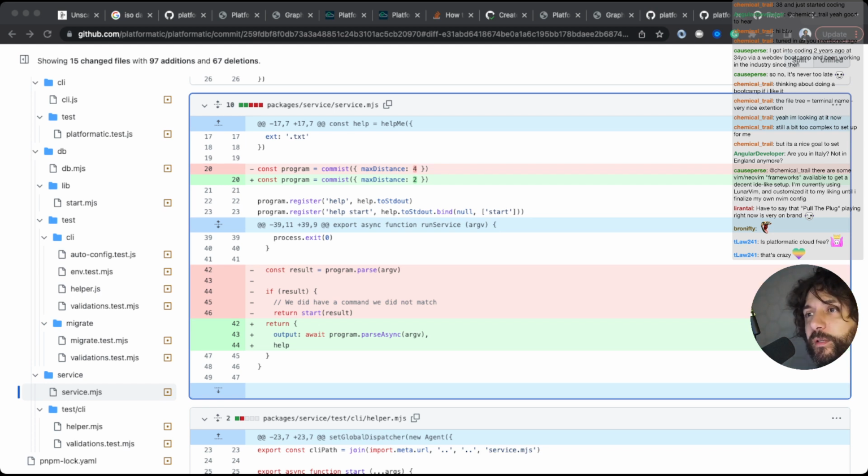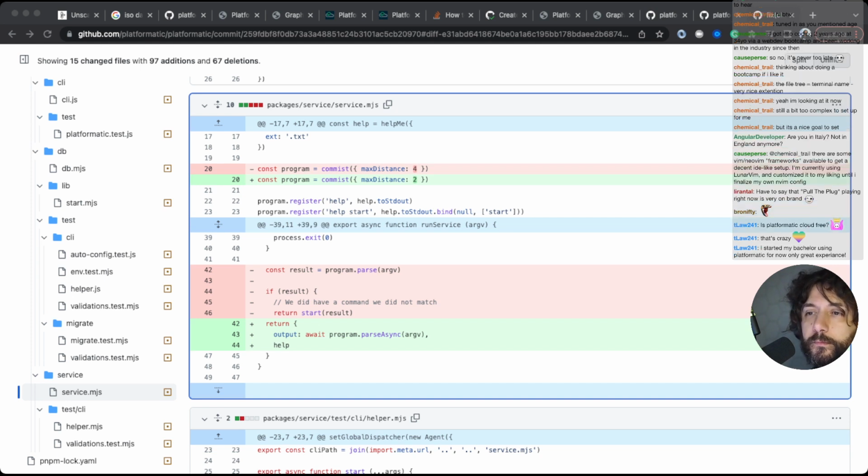We even fixed the bug in Platformatic because I was stuck. Amazing! Thank you for starting your base using Platformatic.